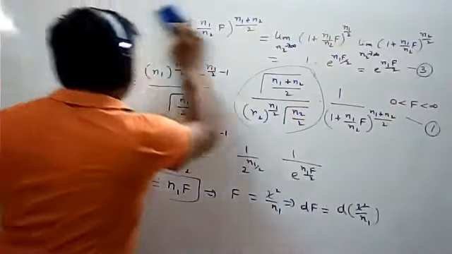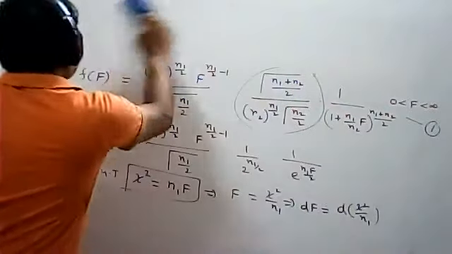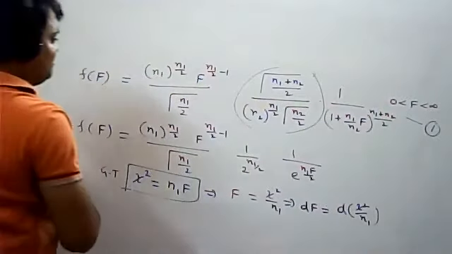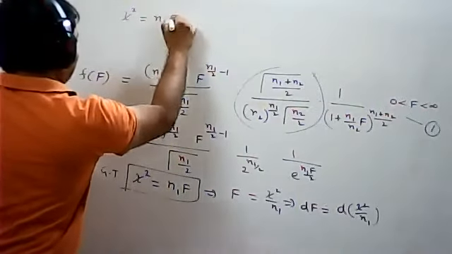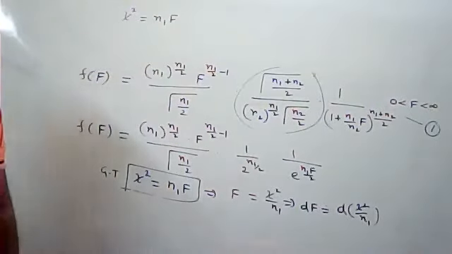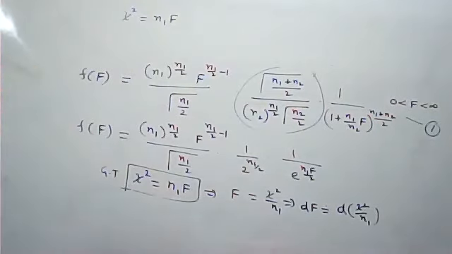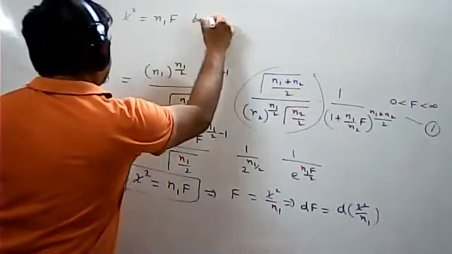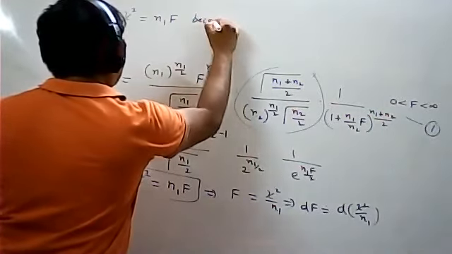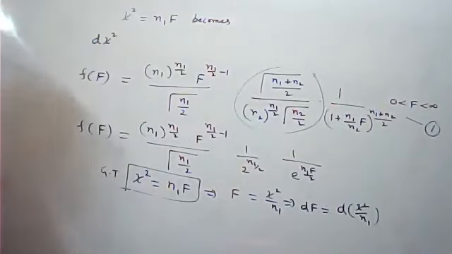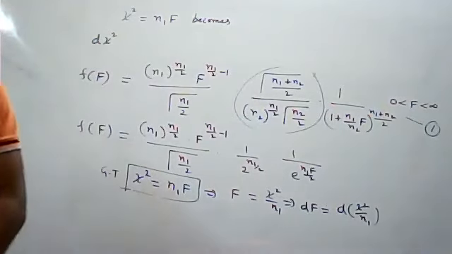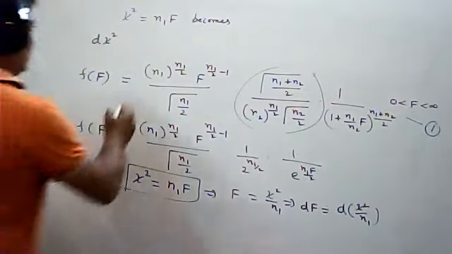Therefore, the probability density function of chi-square equal to n1 into f becomes, now d chi square. I will write d chi square. Now it will convert into chi square distribution. D chi square equal to